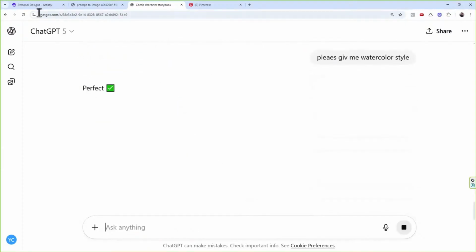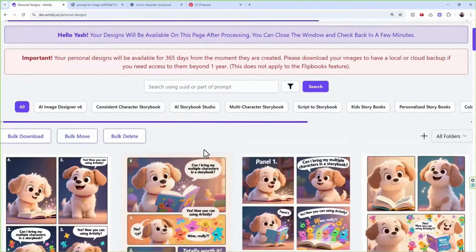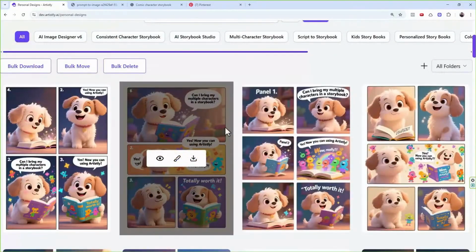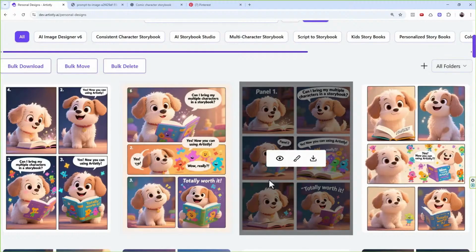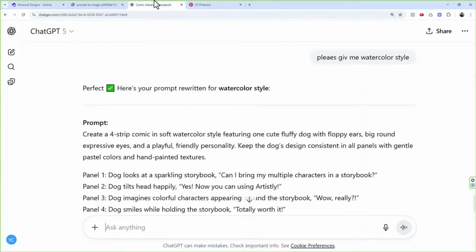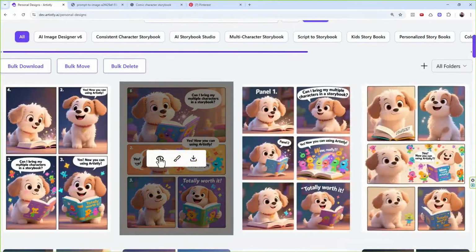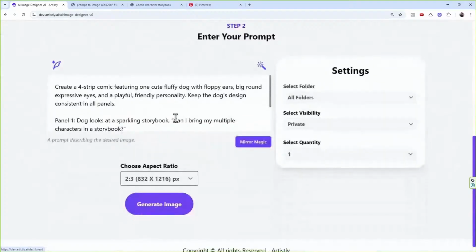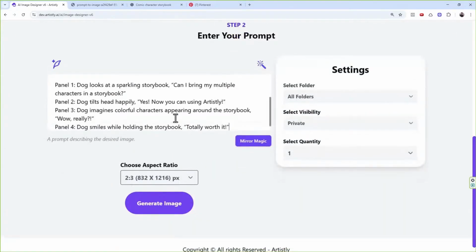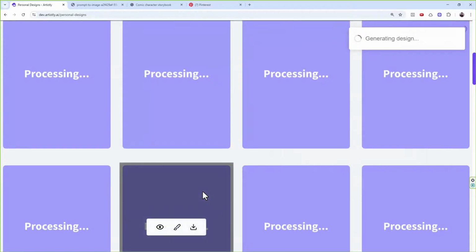Now, just wanted to let you know that Artistic Designer V2 is not just created to do these comic strips, right? It can do so many things that were not possible before. So I'm going to take this prompt and regenerate, and this time, you can create in any style as long as you mention it. You can get, it's good text.